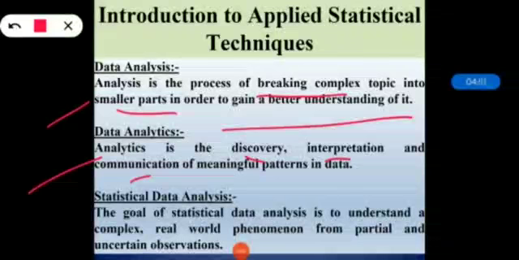So it is the technique of getting the insights into the given data set. And we can describe that data analytics is a part of data science, and it does find its application when we are analyzing the big data. So the main focus of data analytics is inferencing some conclusion from the given data.